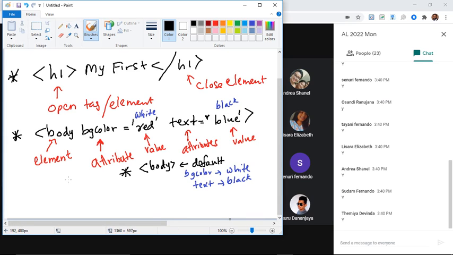So here, next one we are using H1. H1 for what purpose? H1 for heading style